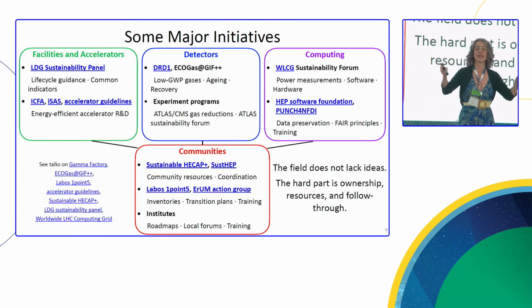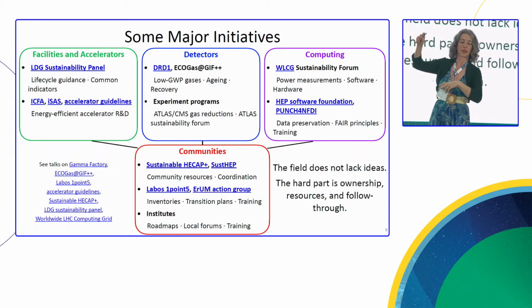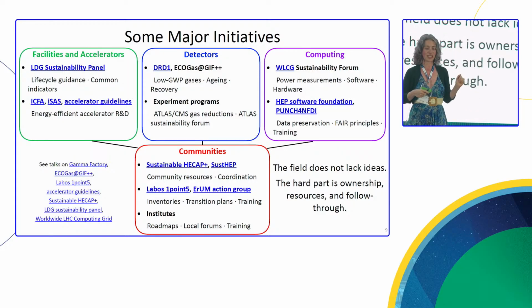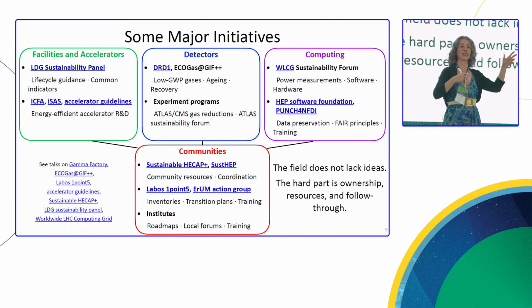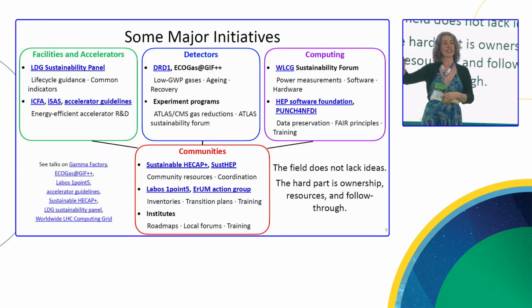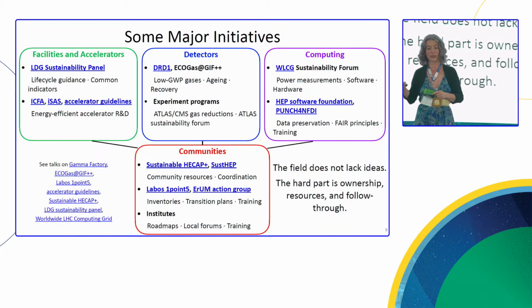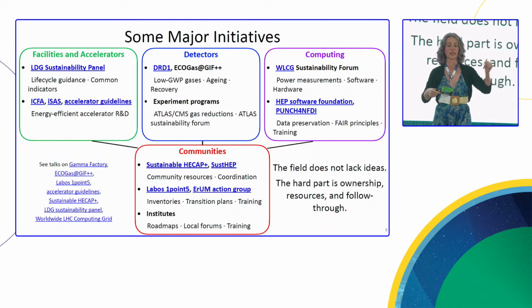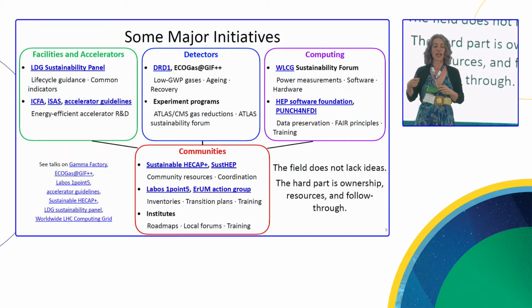Okay, and here are some major initiatives that I've classified based on facilities and accelerators, detectors, and computing. For example, the LDG sustainability panel that I already mentioned, also ICHEP, ICES, and also there's accelerator guidelines. Then on the side of the detectors, there's the DRD1 collaboration and the EcoGas at GIF++. Also, there's experimental programs like the ATLAS and CMS gas reductions that I already told you about. There's also the ATLAS sustainability forum. And on the side of computing, there's the WLCG Sustainability Forum that I mentioned. For example, the HEP Software Foundation, Punch4